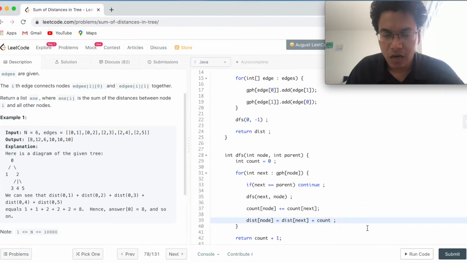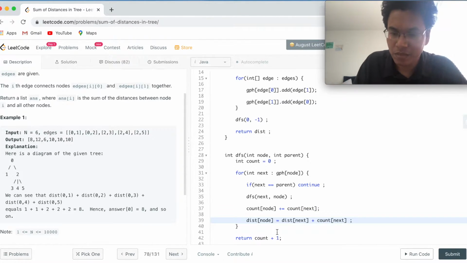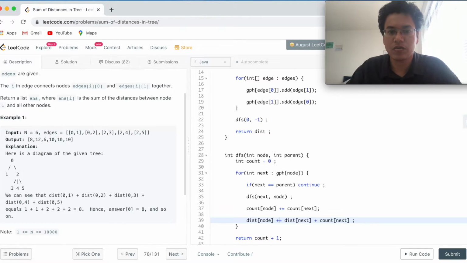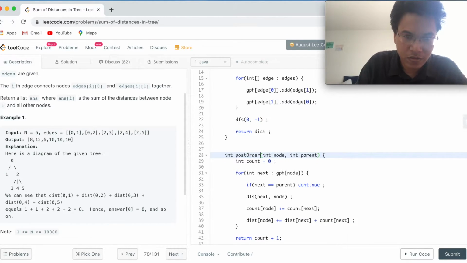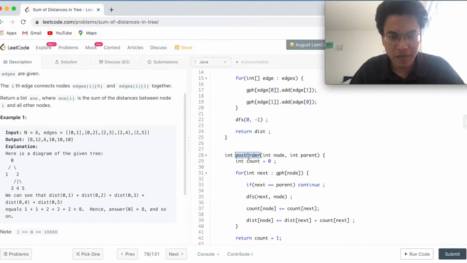Now I can replace this count with count of next, and because we are calculating for each step, I can say distance of node plus equal to. So now when we look at this method, it looks like a post order traversal for a graph. We call the DFS method, and after that we are doing the calculation. So we can also call this a post order traversal.